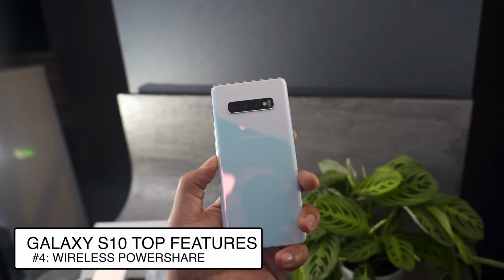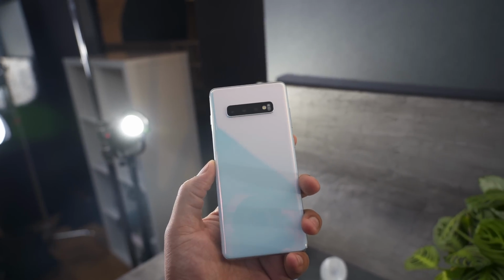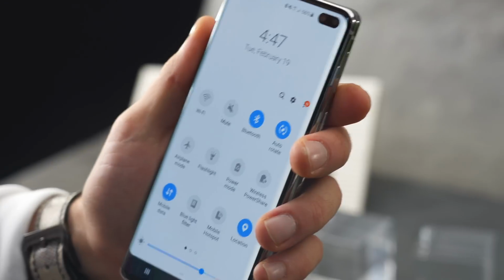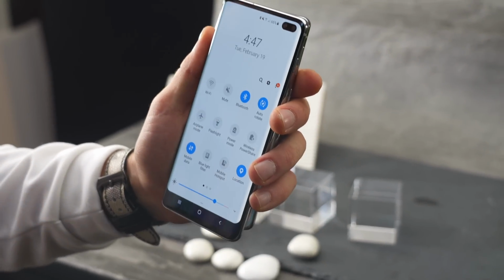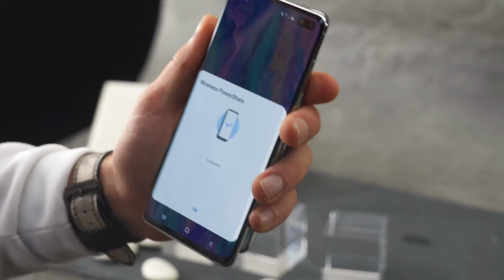Up next, one of the most unique features that we're seeing on the Galaxy S10. In fact, I don't think I've seen this on any other phone to date. It's called wireless power share. Wireless power share allows you to use your Samsung Galaxy S10 as a wireless charger to charge your other devices. All you need to do is swipe down into your controls and enable wireless power share, turn the phone upside down, and it becomes a Qi charger, which means you can charge any Qi compatible device